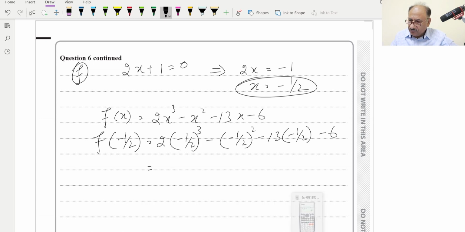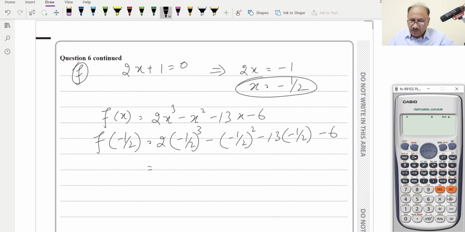Now we just have to use the calculator to simplify and check whether it results in 0 or not. So 2 into bracket minus 1 over 2, bracket closed and cubed, and next will be minus bracket minus 1 over 2, closed and squared,